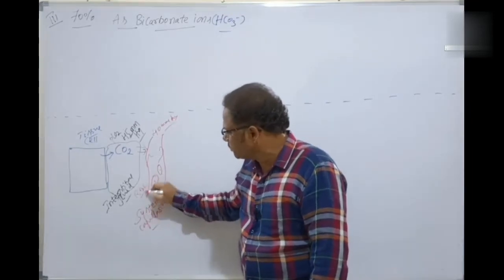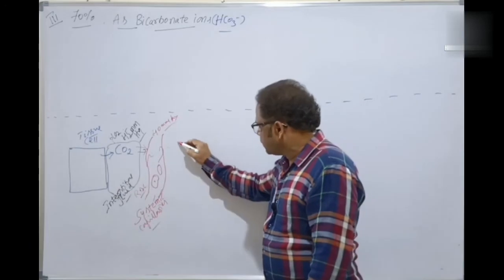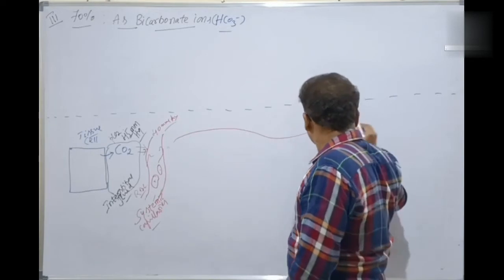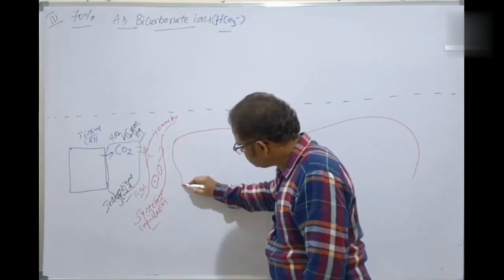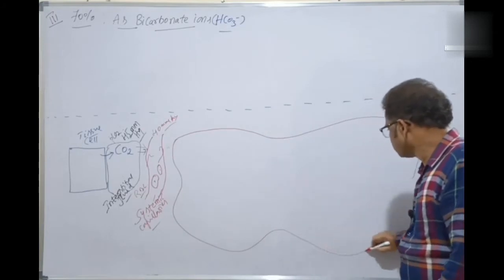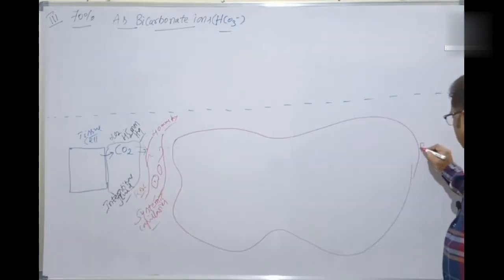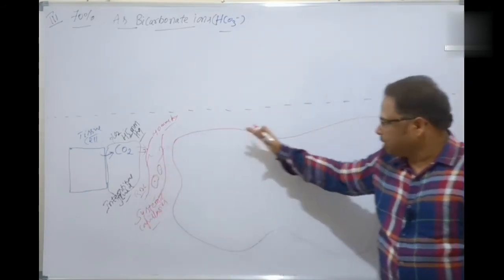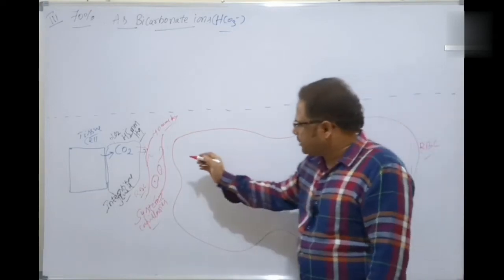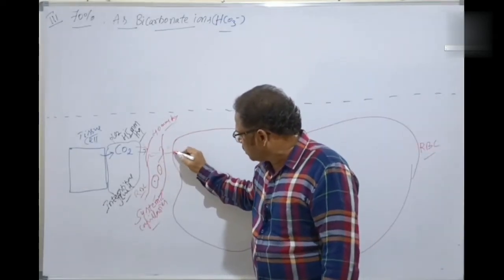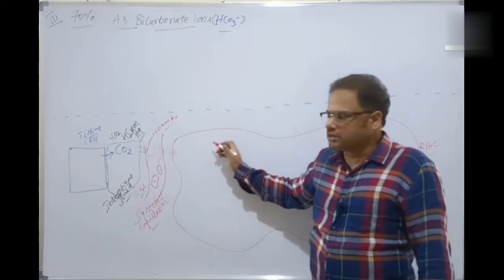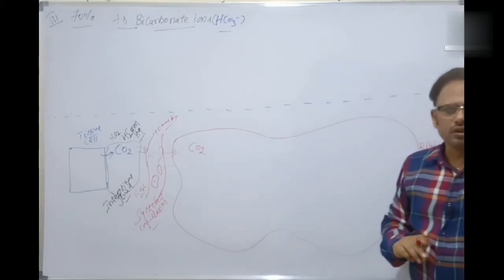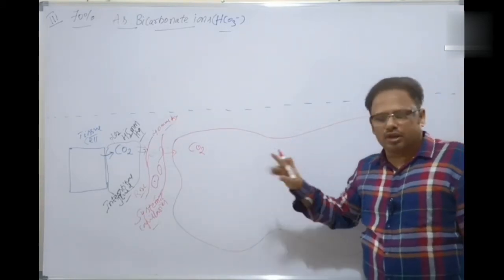Okay, students. Now I am drawing a bigger RBC here for explanation. This is the RBC for the explanation purpose. So when the carbon dioxide is diffused in the systemic capillaries, then it diffuses into which one? RBC. Carbon dioxide is present inside the RBC, isn't it? And inside the RBC, hemoglobin is present, as you know.